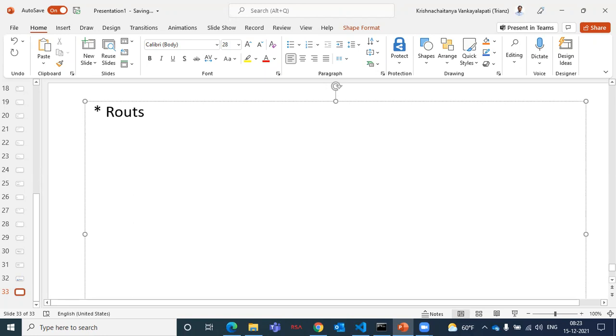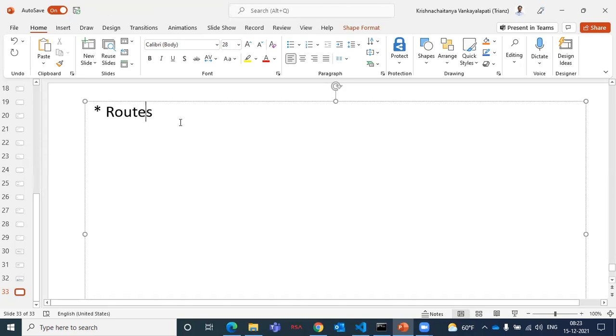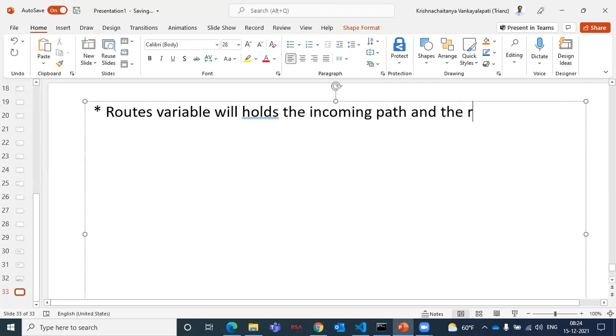The routes variable will hold the incoming path and the respective component to load. So routes will hold the incoming path and, as per the path, the respective component to be loaded.